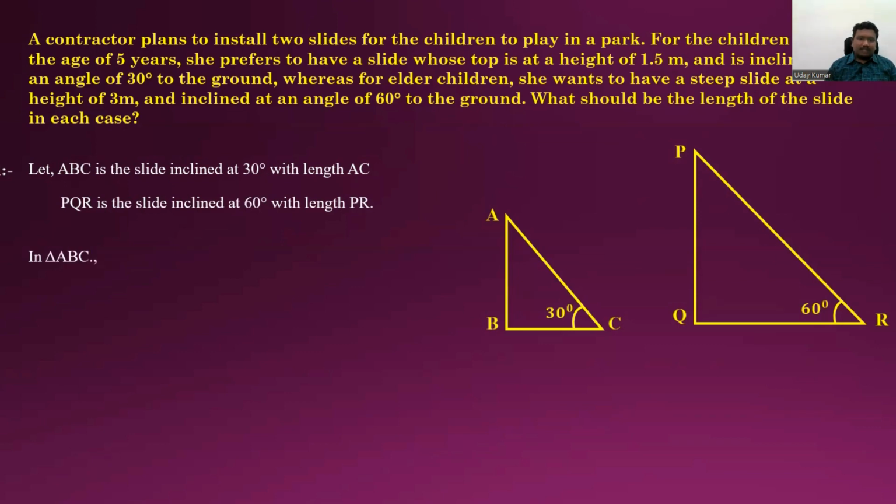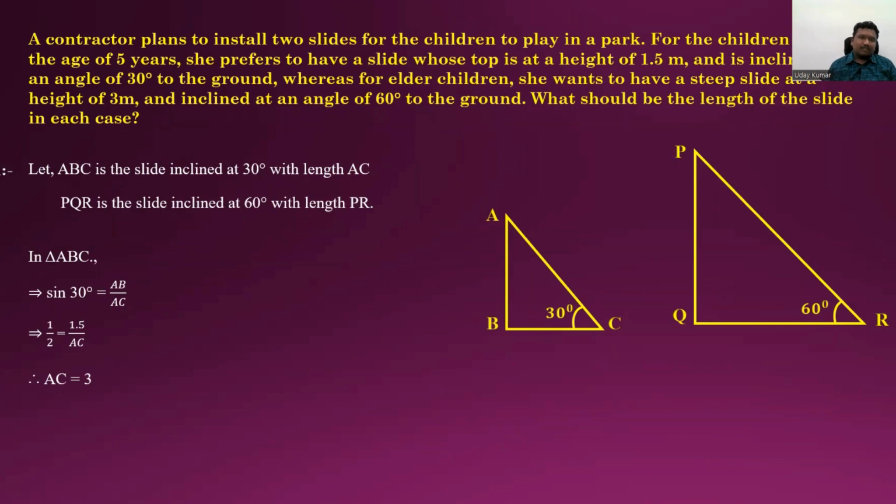In this triangle ABC, what do we know? We know that sine 30 degrees is equal to AB by AC. Do we know AB? Yes, we know. AB, they already gave that, which is 1.5 meters, and we know that sine 30 is equal to half. We substitute from that. What is the measure of AC? If you do cross multiplication, AC is equal to 3, which means the length of the slide allotted for the children